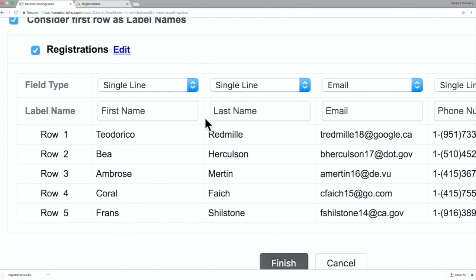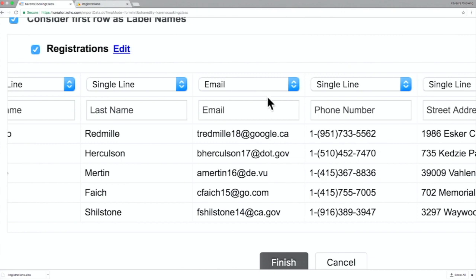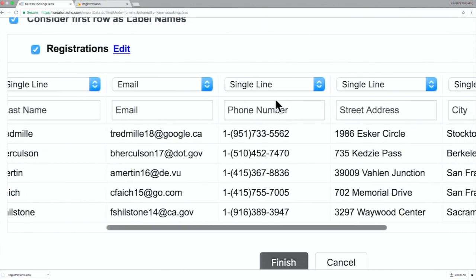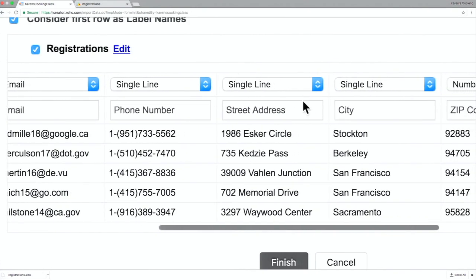The first name field needs to be a single line field. Last name, again, single line. Email, of course, an email field type. Phone number here, we often choose a number field for phone number, but I would advise you to choose a single line field because phone number here has brackets, it has dash, so it's better to choose a single line field which will accept all of these.